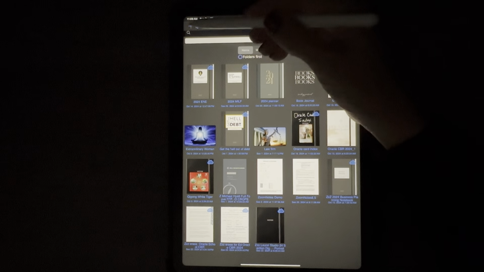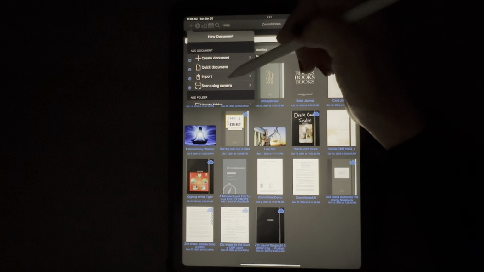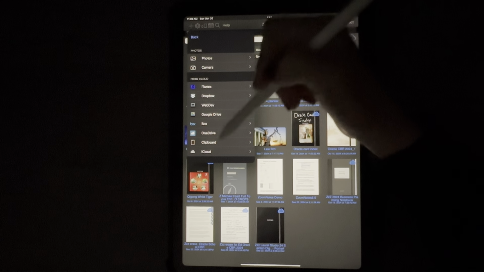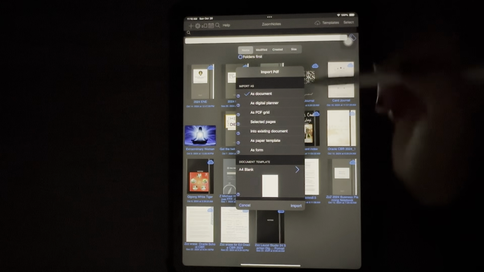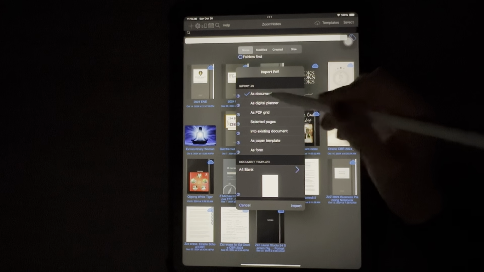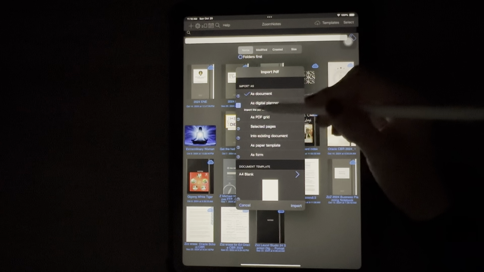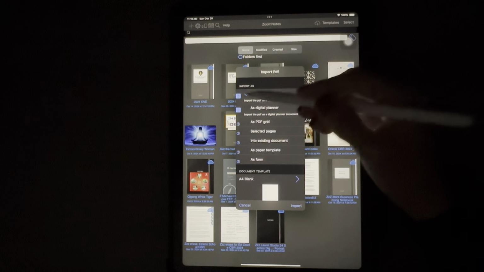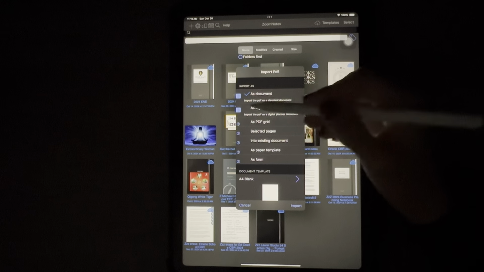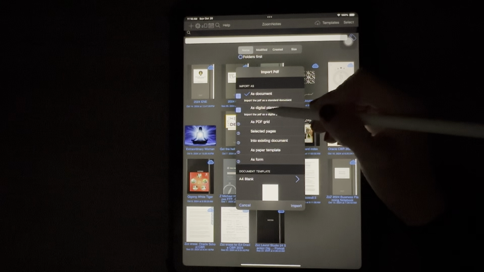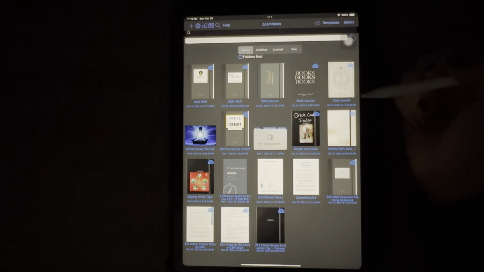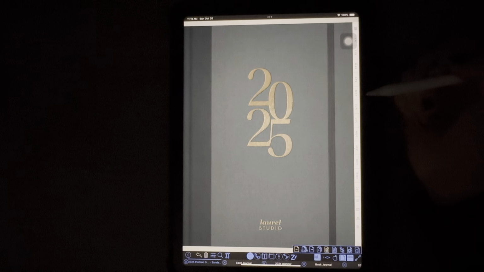Here I'm in Zoomnotes, and I'm going to import a document from my cloud. And I'm going to import it. You can see these little question marks help you get more information to help you choose. So I'm going to import it as a digital planner. So now that I have the document in here,